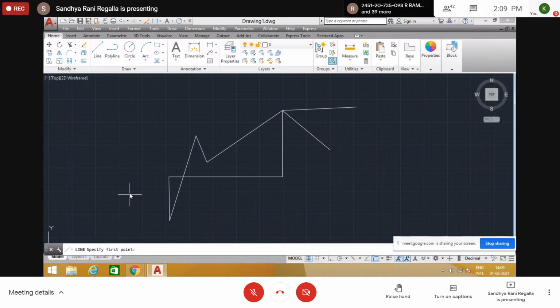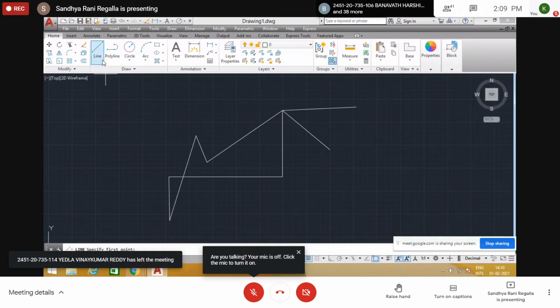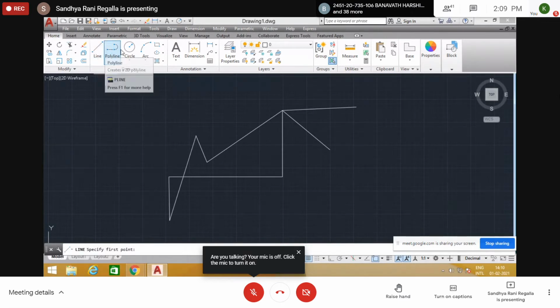And one more thing you need to remember: whatever commands are necessary for your engineering graphics classwork, only those commands we will explain here in the class, because the time is very short. If you want to learn more beyond these commands, you explore yourself, because if you type anything, or place the cursor on any command, it will give a full description of that command.